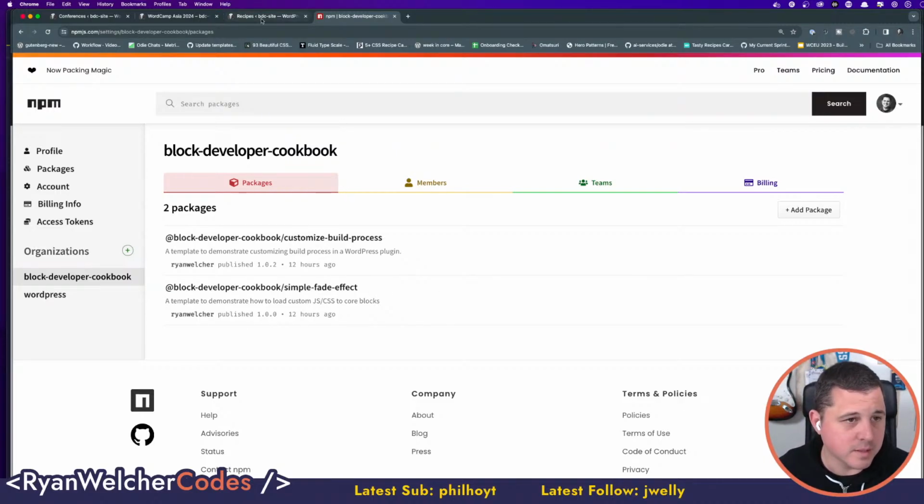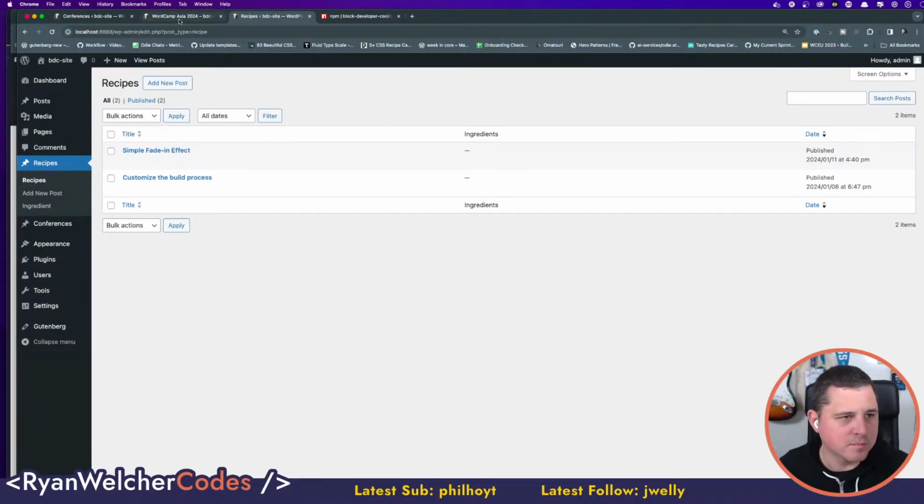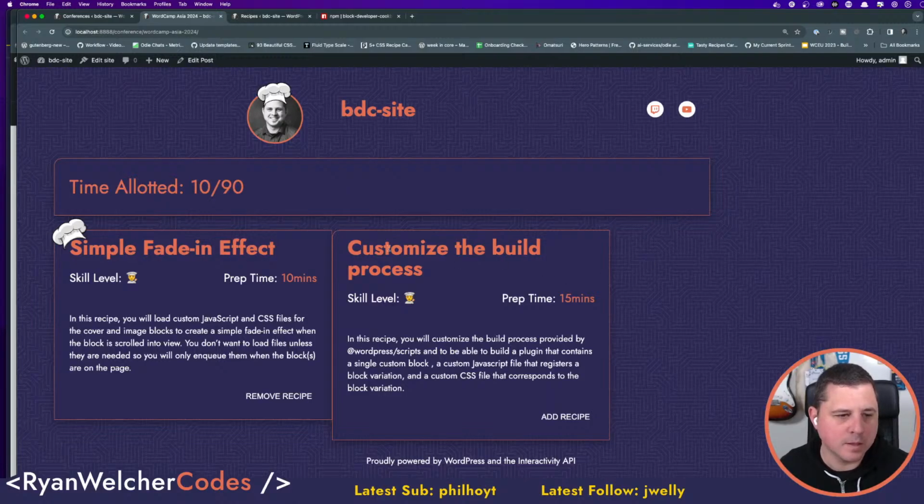You absolutely can. The other part is that it's going to be a live website where anyone can go and take a look at these, and some of these examples, recipes as I'm calling them, are going to be added to the official block development examples repository.